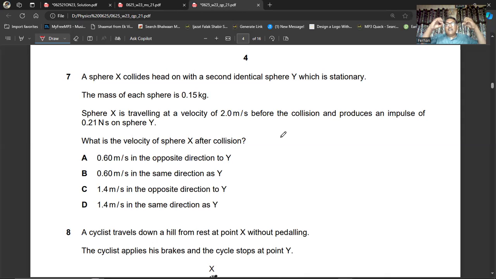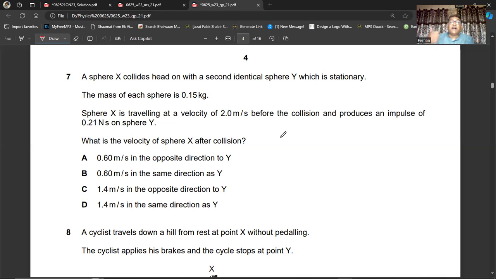So what happens? The X is moving, and it collides with the Y. They both have the same mass, 0.15 kg. So they collide, and obviously what will happen? They will move, maybe in the same direction, maybe not. But when they collide, the Y will also start moving. So the momentum of the system before the collision and after the collision will be the same. He says sphere X is traveling at a velocity of 2 meters per second before the collision and